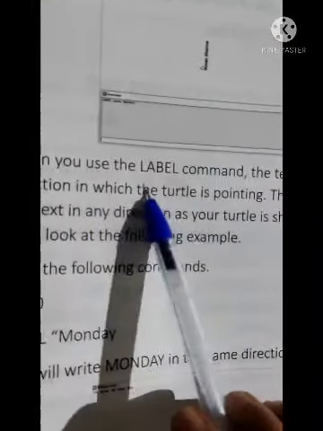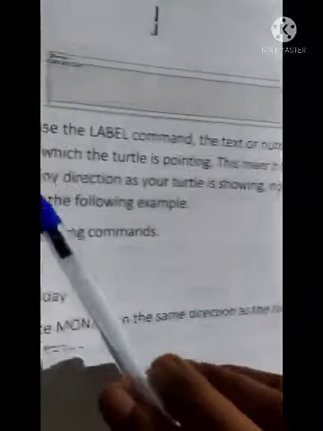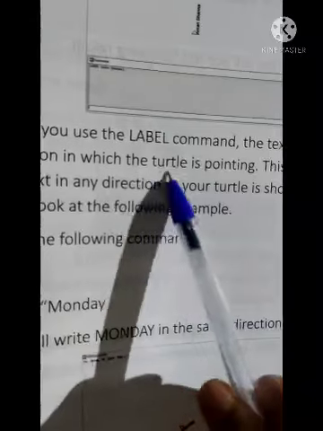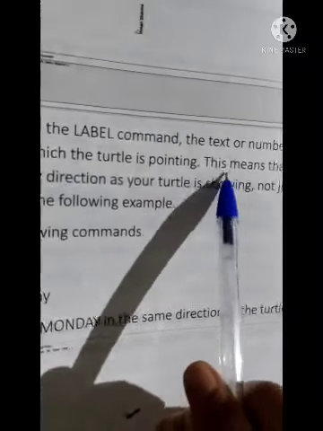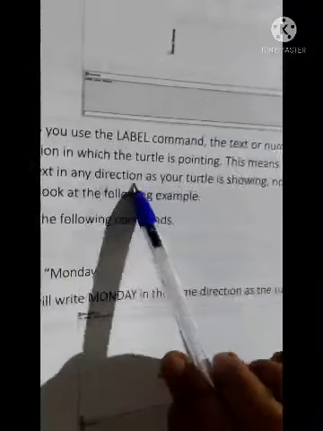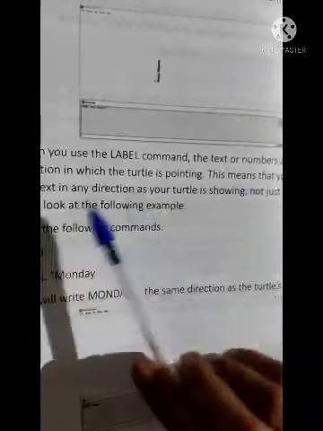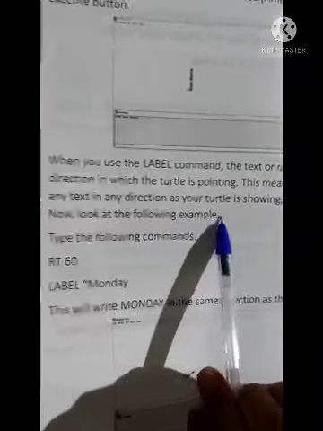When you use the label command, the text or numbers appear in the direction in which the turtle is pointing. This means that you can write text in any direction the turtle is pointing, not just vertically. Now look at the following example.